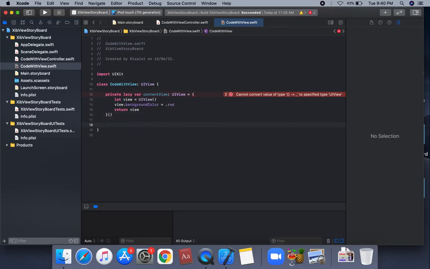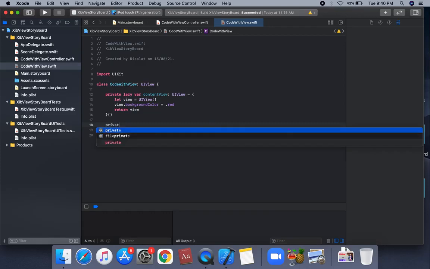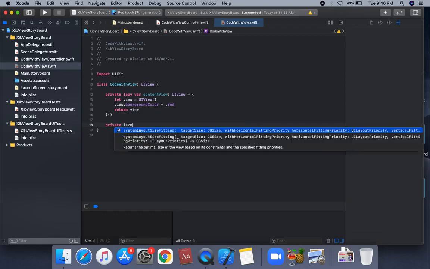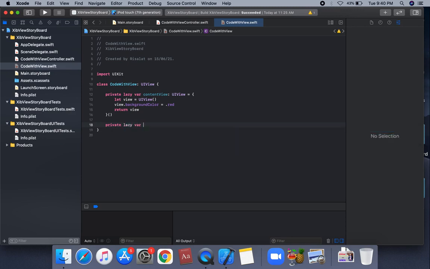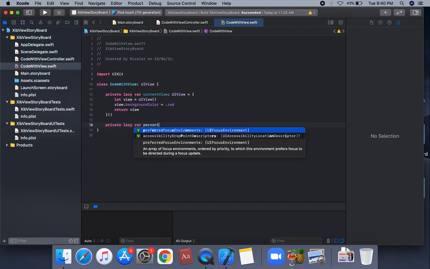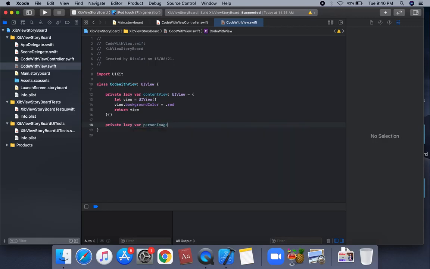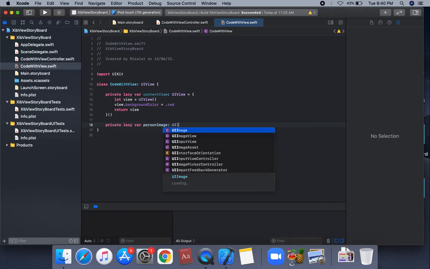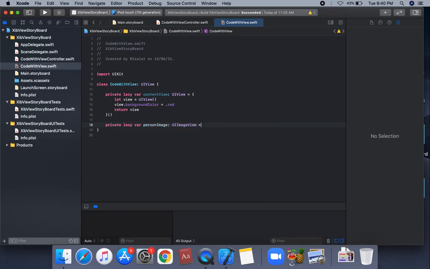So secondly, we're gonna create the image view. This is a private lazy var person image, which is type of UI image view, and we're gonna create this lambda. So we're gonna create this outlet of image view.